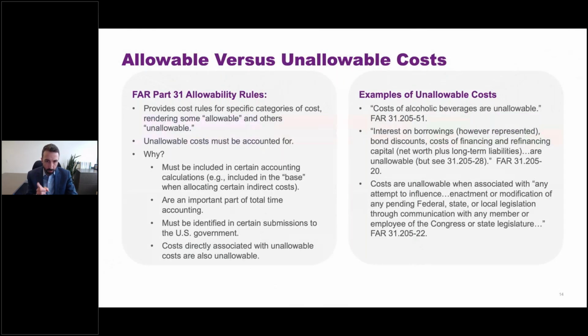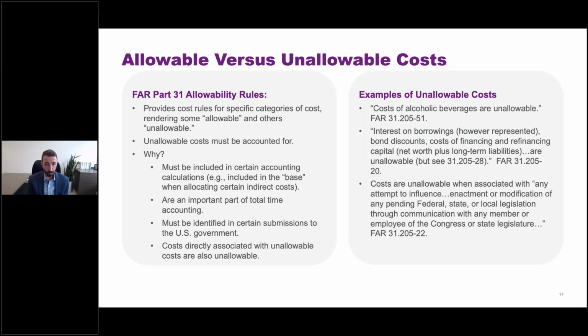So we talked about reasonableness. We talked about allocation of costs. We want to also talk about allowability, allowable versus unallowable costs. Well, FAR Part 31 has specific allowability rules, meaning specific provisions that say, as a matter of policy, the government will or will not pay for certain types of costs. And in your standard FAR Part 49 termination, these rules are going to apply to you. And again, if you've been working under a fixed price contract where you didn't have to think about this, it can be a surprise when suddenly you find yourself in this situation.